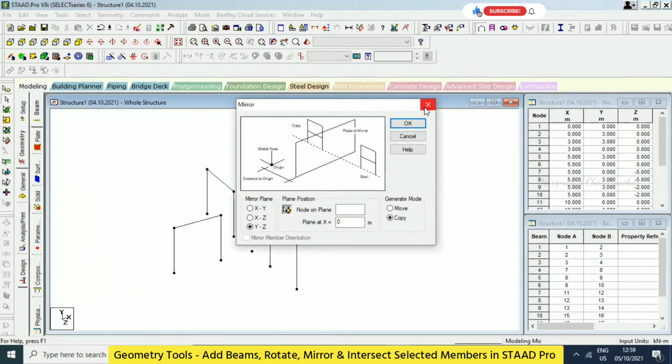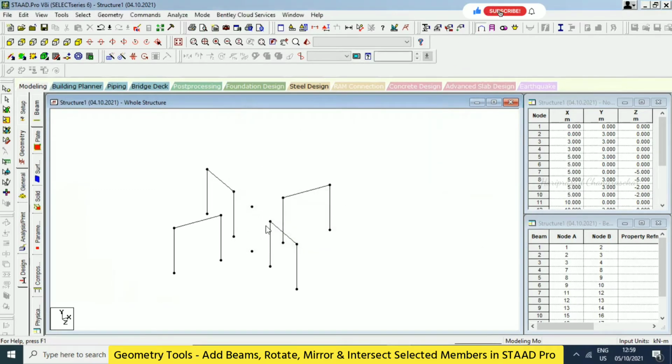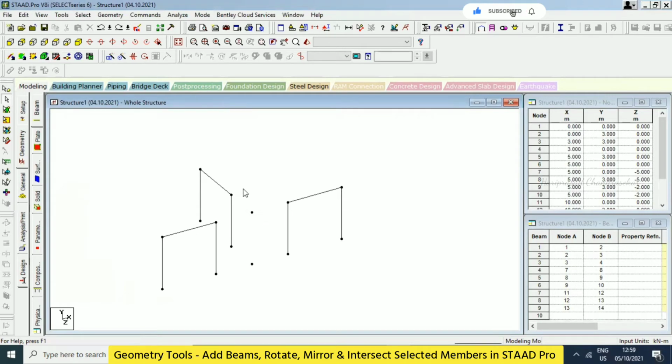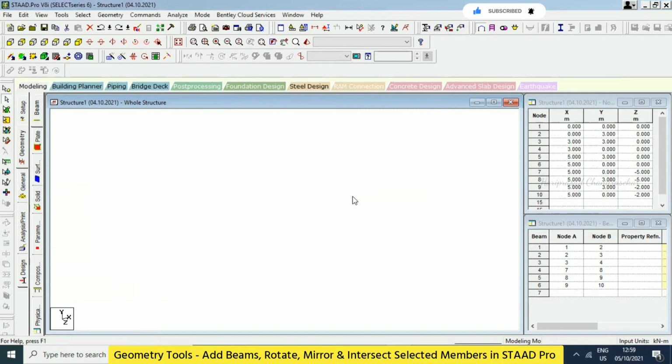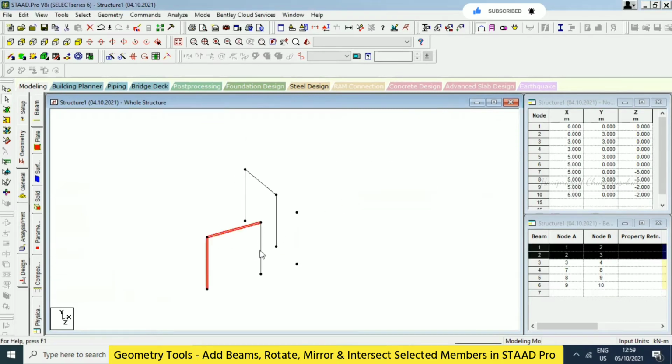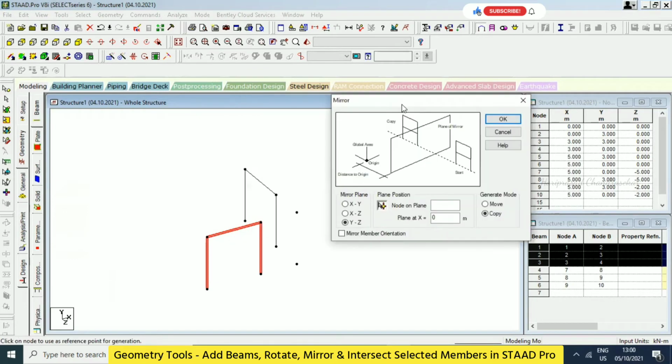Can you select a node here? You want another time mirror? Okay. Otherwise, I will try to do it both ways. I will select only this first, and I'm just going for mirror. And then I'm just going to select the node. Okay, it is selecting the particular node. We are able to see the number. Now I'm just going to put copy. But in which plane is it? It is an XY plane again.